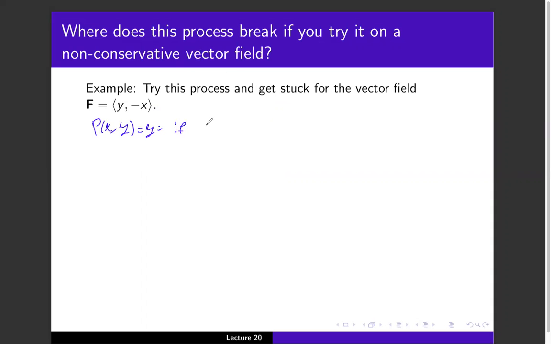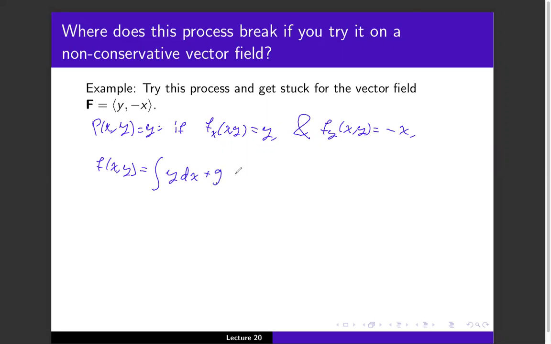And if we're claiming that f_x, the derivative with respect to x, is equal to y, and the derivative with respect to y is negative x, what are we going to get? Well, f(x,y), maybe you can see where we're going already because I did do this yesterday, is the antiderivative of y with respect to x, plus some arbitrary function g(y),